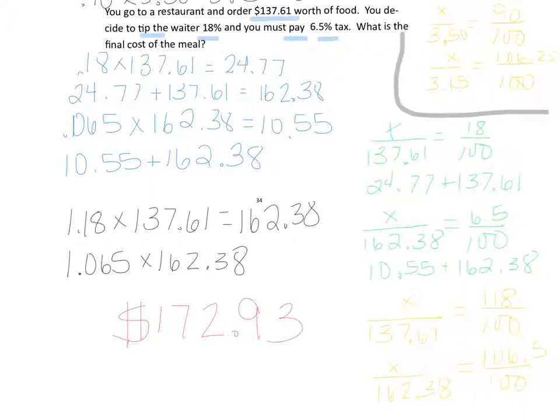$172.93. Again, if you didn't round until the very end, you would still have to round. You got 172.934. 4 makes the 3 stay the same. So the final cost of your meal is